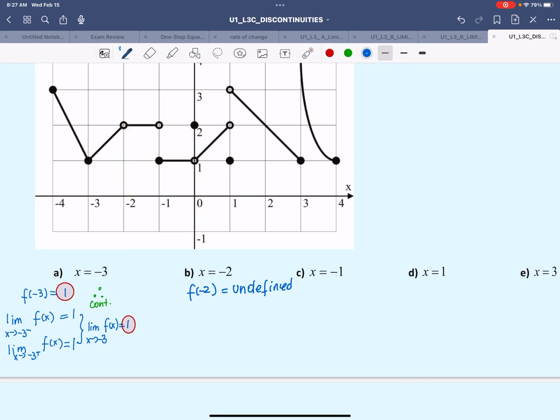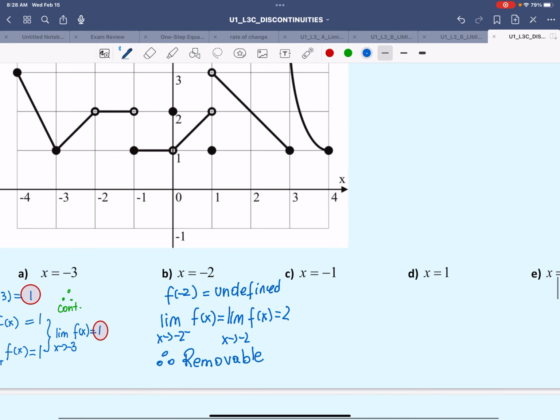So that means that the limit as x approaches -2 from the left-hand side equals the limit as x approaches -2 from the right-hand side, and it is equal to 2. Therefore, since the limit exists, it's just a function that is undefined, which has created a hole, and the hole is created from a removable restriction, so we're going to say this is a removable